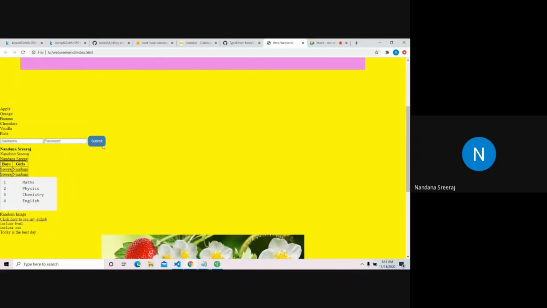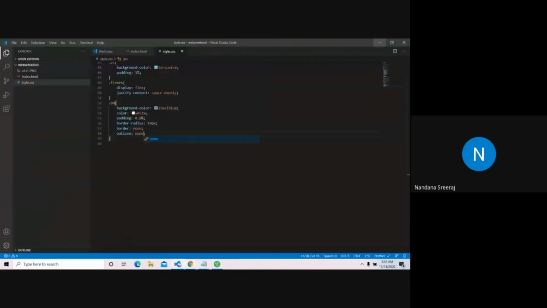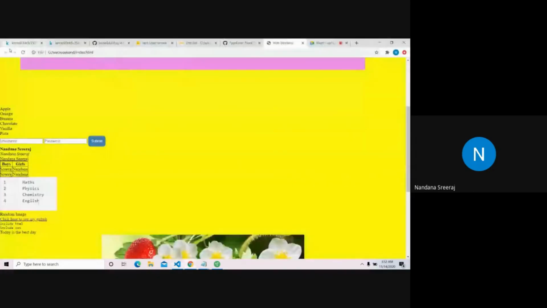And one thing is that we must know that it's clickable, right? So it doesn't feel that it's clickable. For usual clickable things, there'll be some highlighting, or the cursor changes, if you have noticed. So for that, we have something here called cursor. See, cursor pointer. I'll show you what it is. See, the cursor changes to something like this. So someone who visits this will know that, okay, this is something clickable. This is something you can use for buttons or other clickable things. You can give a cursor pointer.